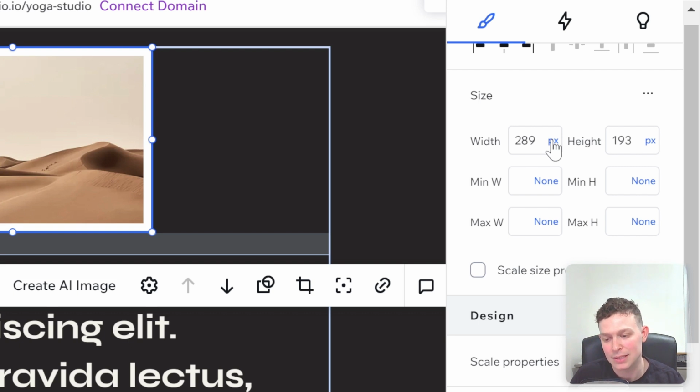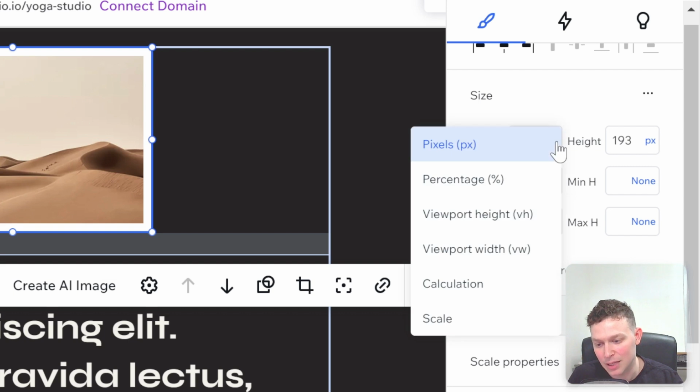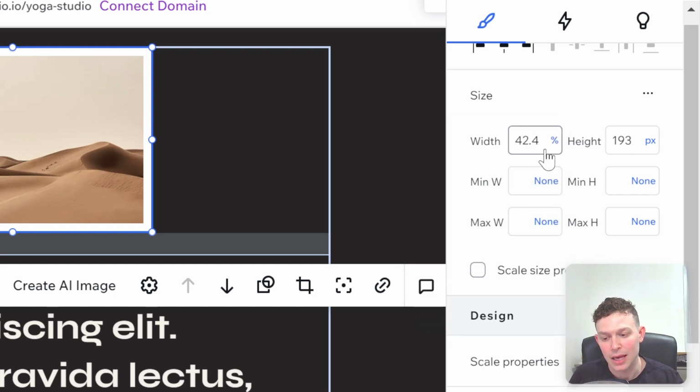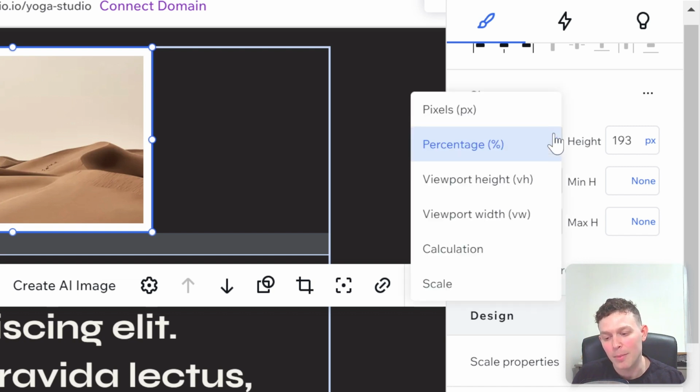So here now you can see that it's pixels, and this is real pixels. That means that if I set it to be this pixel amount by this pixel amount, it'll essentially have a fixed scaling property. And if I just click pixel over here, I have the option to change it to other unit types. So for example, I could do percentage. This way I can control that the width will be by percentage and the height won't be by percentage. That's very similar to, I think it was not stretch, but the adjustable width or something like that. I don't remember all the names by heart, but you can see how different combinations of units